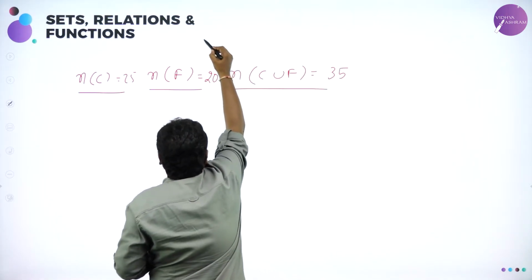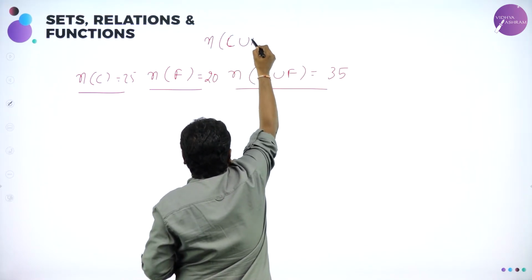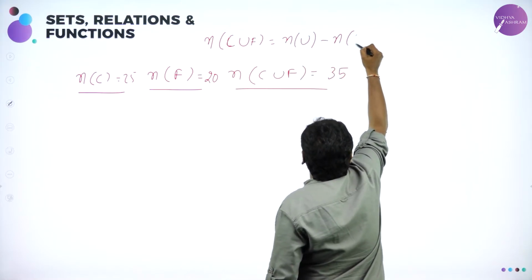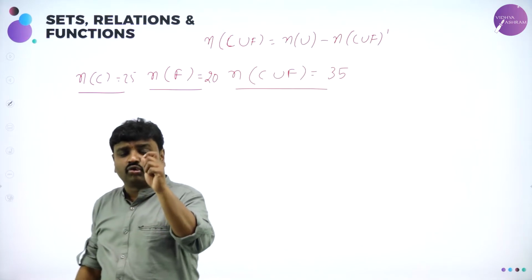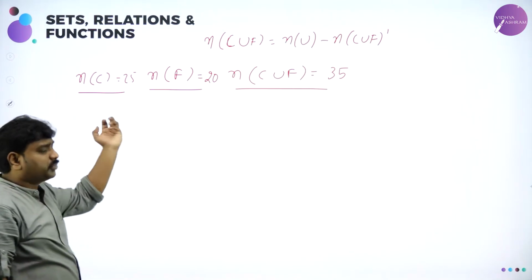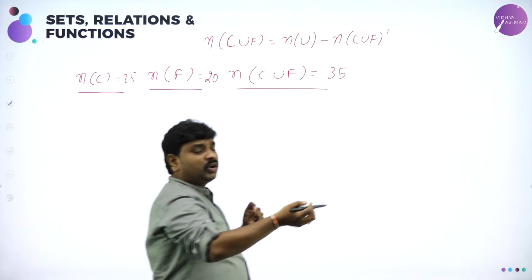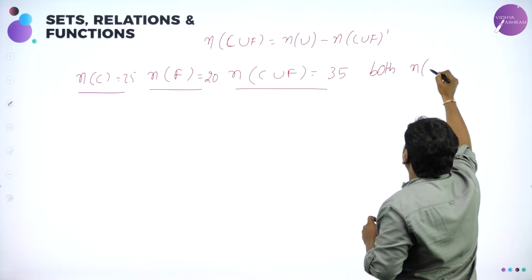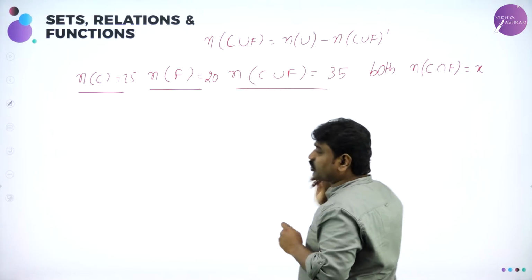So I rewrite this. In the last slide also I have written C union F. If you want it, what do you do? From the universal set remove (C union F) the whole dash. The first problem I will teach repeatedly, slowly, perfectly. Once you get the grip, you can do the remaining. Now they want how many play both. What is the method I told you? Both means n of C intersection F is x. This is what they want you to find.